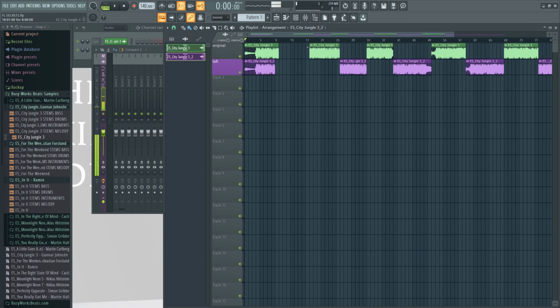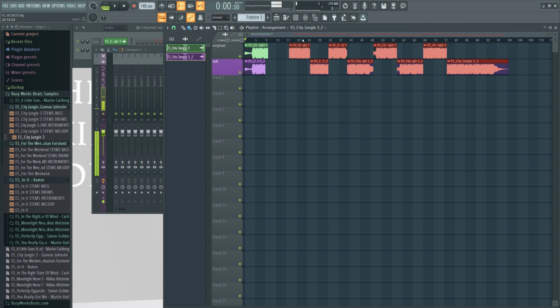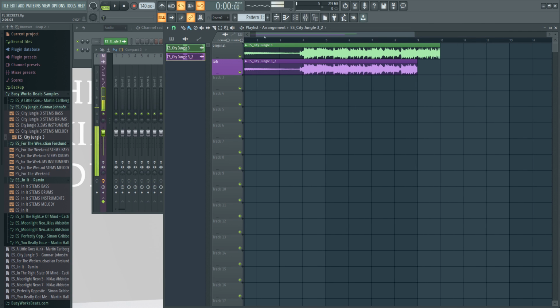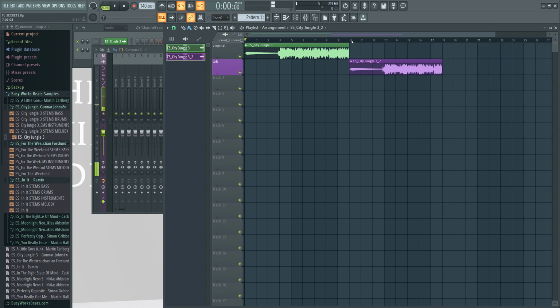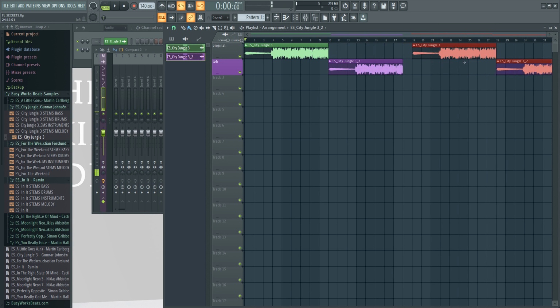I'll use the beginning portion because that's where you can hear it a lot. Just listen to the drums and the high frequencies. You're going to hear the high frequencies a lot more clearly in the green one, which is the original, and less in the purple one.